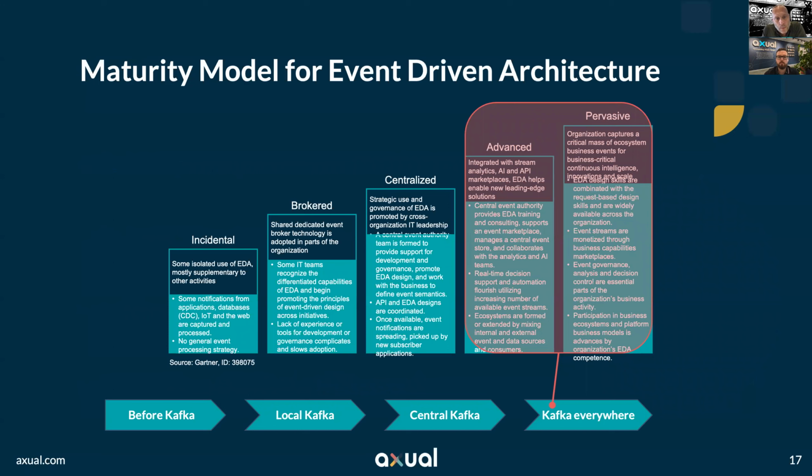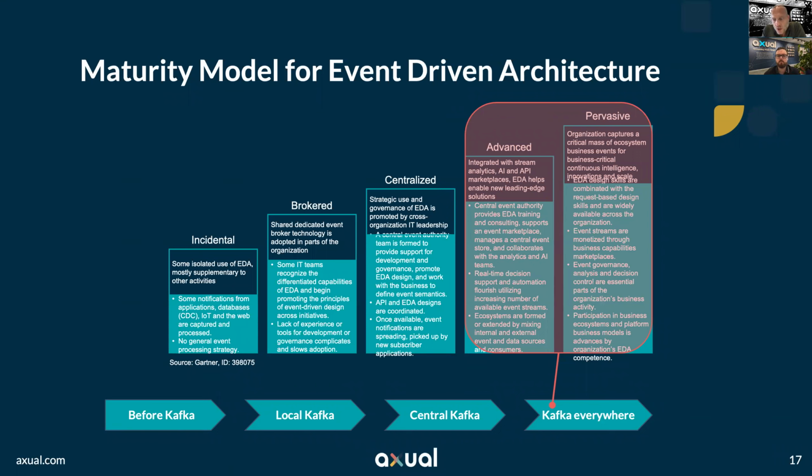But if you manage to overcome this, then the world is your oyster, because after this, the technical challenges are pretty much solved. After this, if you go as an organization from the centralized phase, you can easily step to an advanced phase and a pervasive phase. And that doesn't mean that these phases don't contain their own challenges, but it means that the technology bit is pretty much in place.